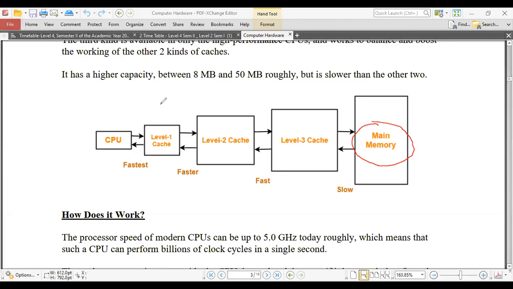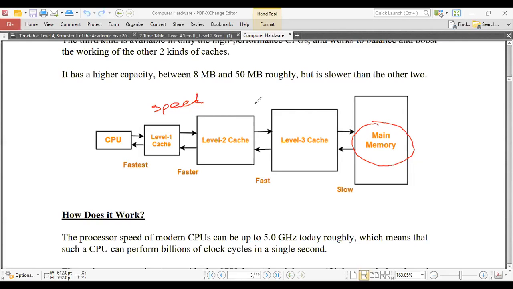But when we consider the speed, it is higher. And this is less than that. And this one, again, the speed is less than the previous one. Right? So in L1 cache, the speed is higher, but the capacity is somewhat lower than L2 cache. L2 cache, speed is lower than level 1, but the capacity is higher. Here, speed is lower than level 2, but the capacity is higher than level 2. Then RAM. The speed of the RAM or the main memory is again somewhat lower than the level 3 cache.